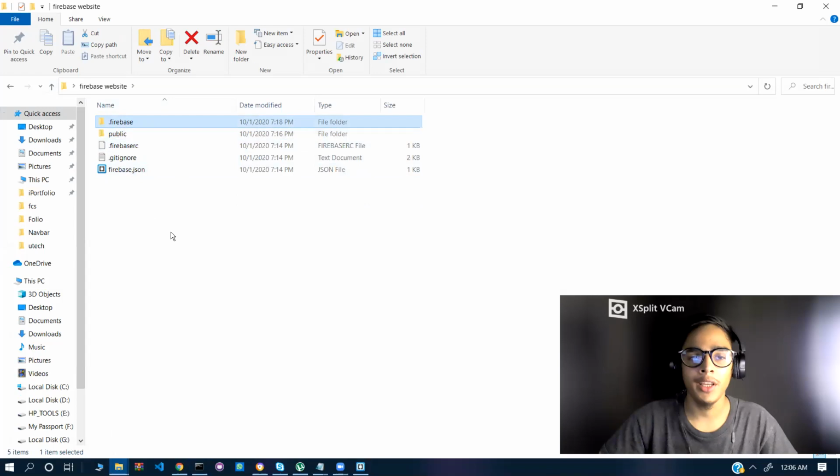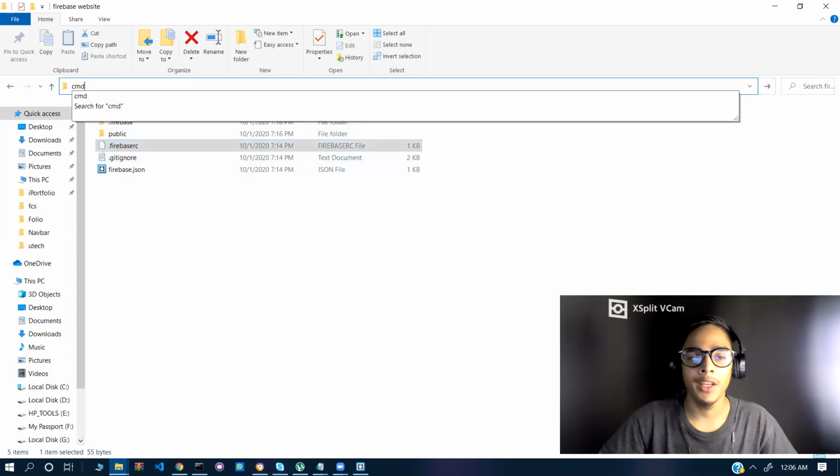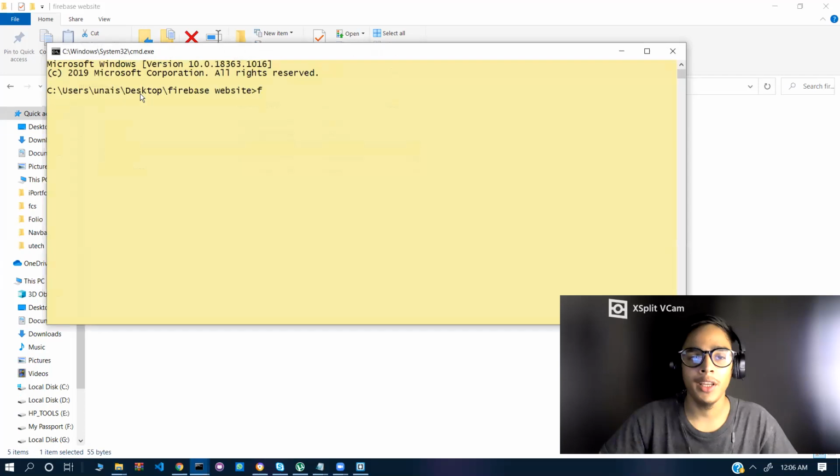When you make changes in the public folder and want to deploy it on the internet, you have to come back to the .firebase folder, .firebaserc, .gitignore, and open the command from here. Write the command firebase deploy and just press enter and wait.